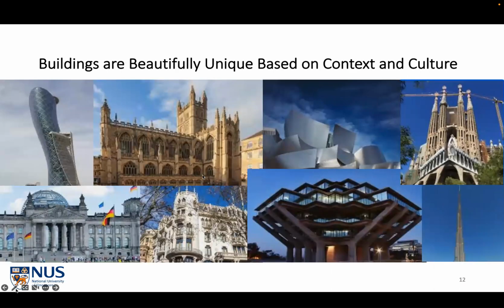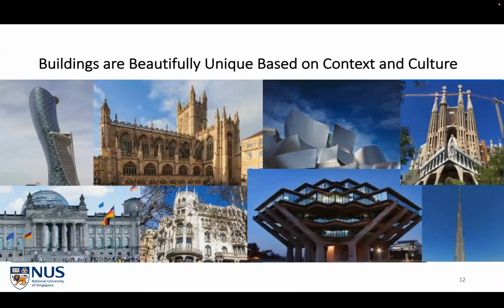Because of the unique nature of each building being a prototype, we have rich architectural diversity, more or less. I mean, depending on where you are, what city, what the culture is, what the building is, right? These are all iconic buildings. Of course, I kind of cheated. I put a bunch of really interesting iconic buildings here, but we want buildings to be different. We don't want to mass produce buildings. That's not going to make our cities lovely places to visit and live.